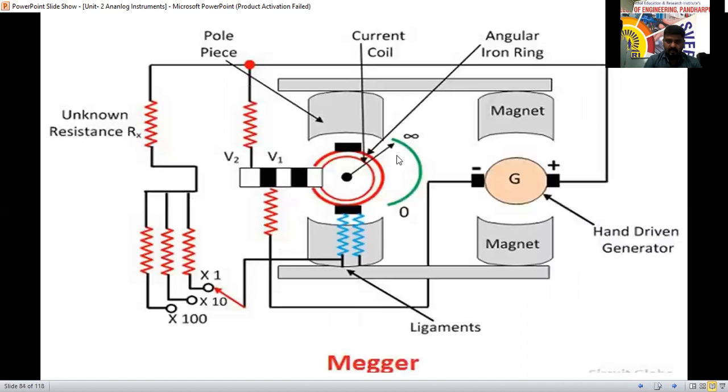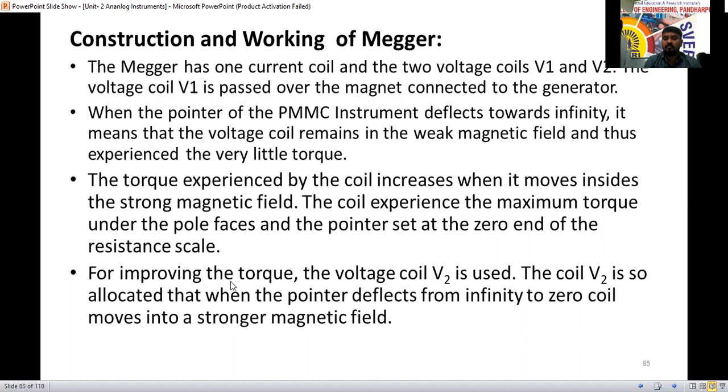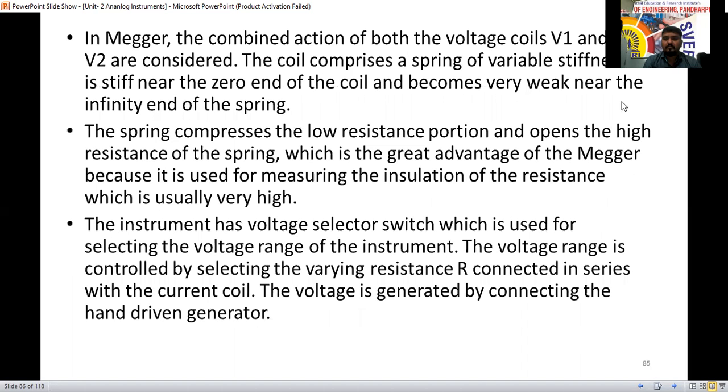Whenever the pointer starts to deflect, this coil comes under this magnetic field and produces more torque to rotate this pointer or this moving coil. To improve the torque, we are going to use the coil V2 here. In the Megger,